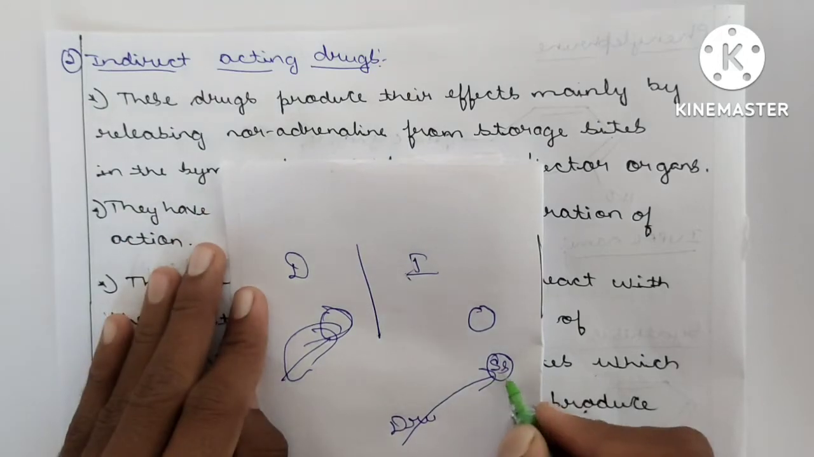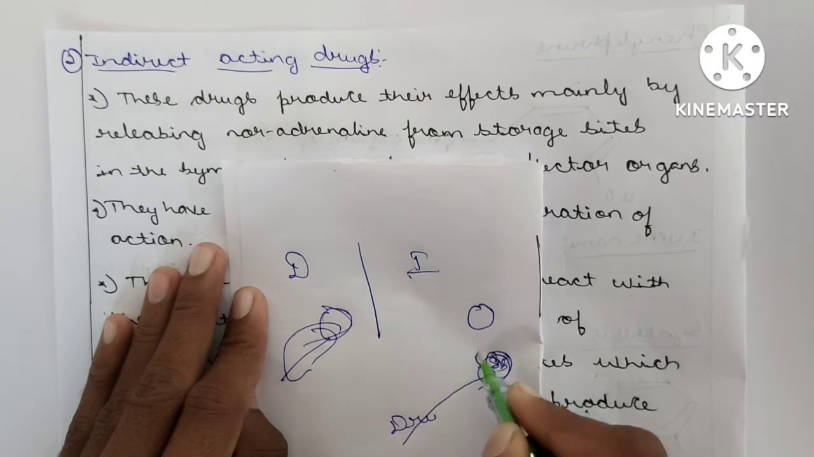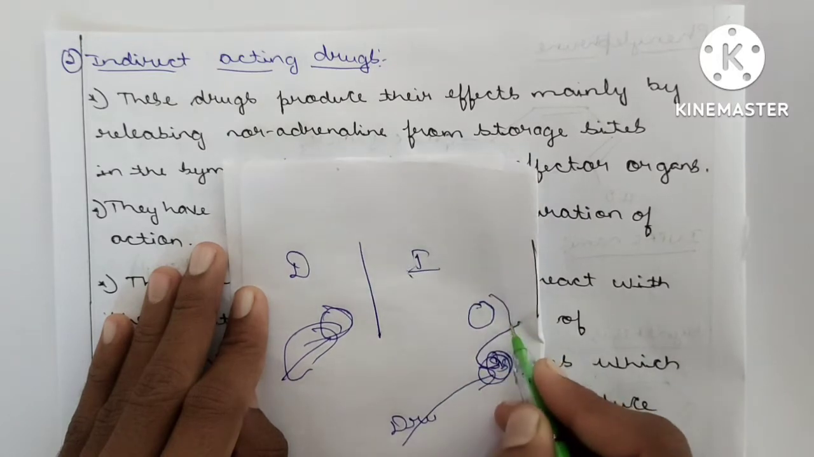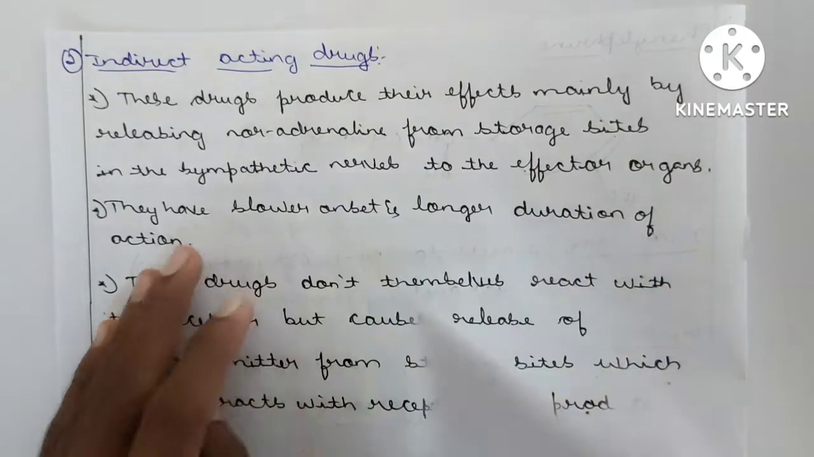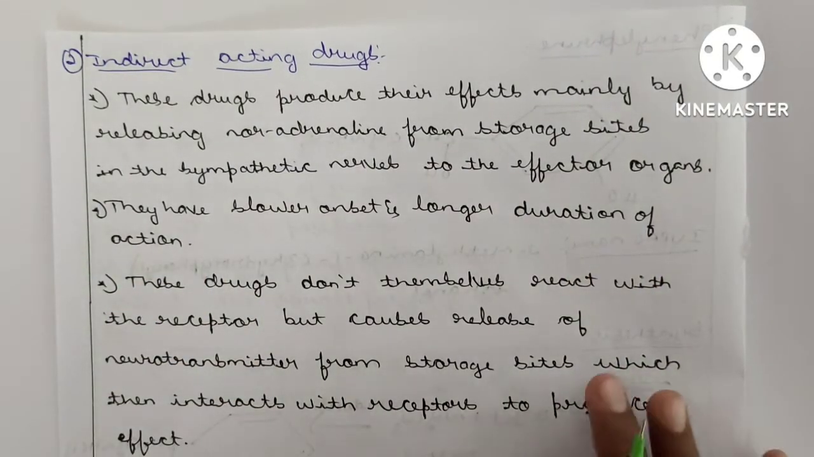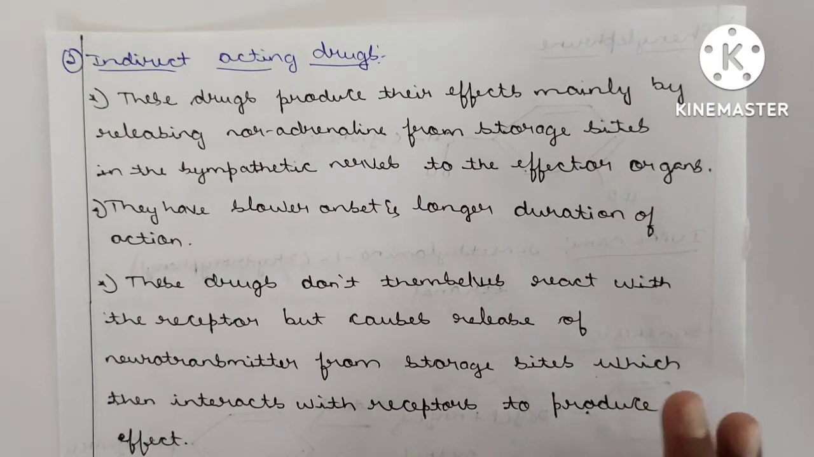Then they will release the storage from the storage site receptors, then these receptors come outside. After that, these drugs go and bind to those receptors. Lengthy process. Which one? Indirect one. These drugs don't themselves react with the receptor but cause release of neurotransmitter from the storage site, which interacts with the